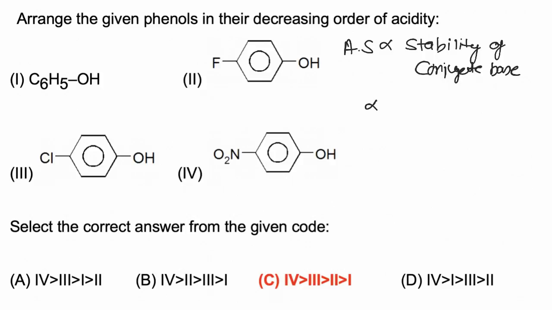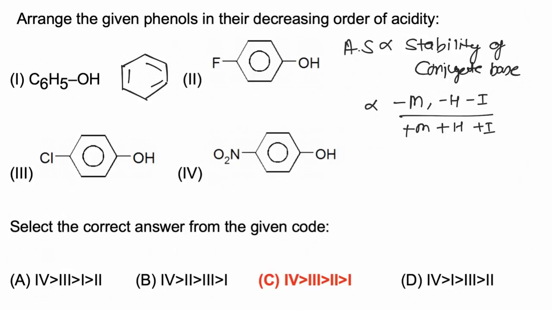The conjugate base is an anion, and the stability of an anion depends on the -M, -H and -I effects, while +M, +H and +I effects decrease acidic strength. In the first case, phenol is taken. Phenol can be taken as reference because no other electron donating or withdrawing groups are present. In the second case, fluorine is present, which has -I and +M effect, but